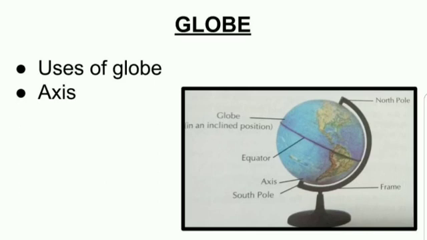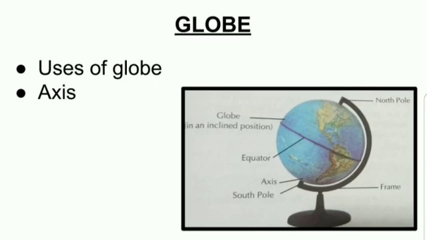The parallels and the meridians on the globe or map are also called geographic coordinates. Coordinates means what? Like how we have the plotting of the graph with x and y axis. In the same way, here on the globe we have vertical and horizontal lines known as longitudes and latitudes, which will help us to know about the location of the places on the earth. So they are called as geographic coordinates. And later in the fourth lesson, we will understand how to locate the places on the earth.